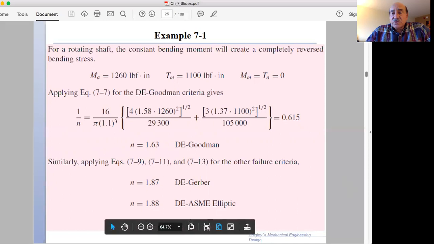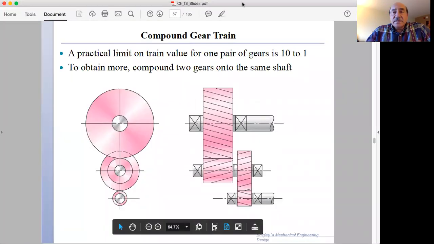So I'm going to now stop the share, and we'll discuss one more and final example on gear design from the latter chapters that we have studied in our examples and our lectures. So here I'm going to discuss how you look quickly at gear trains and compound gears,